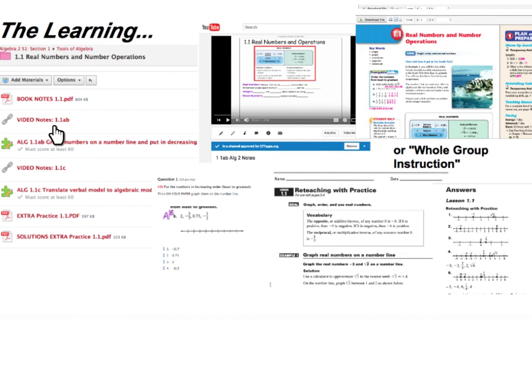Or a third option is they can watch a video by learning objective. If you click on the link, it'll bring you to YouTube, get out your note packet, and complete your notes accordingly. After the notes, you want to do your daily work. You can go into the note packet and see a hard copy of those. After you've done the work, you want to submit your answers on Schoology by going to the green puzzle piece